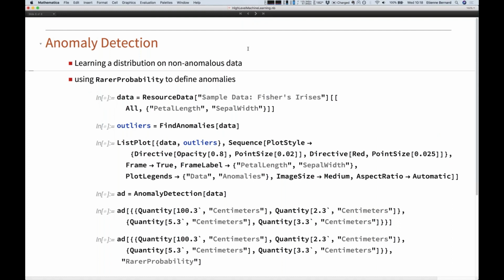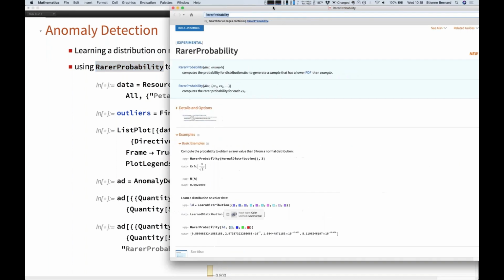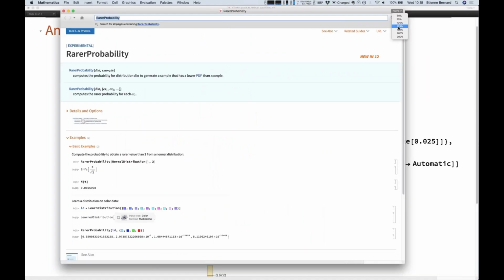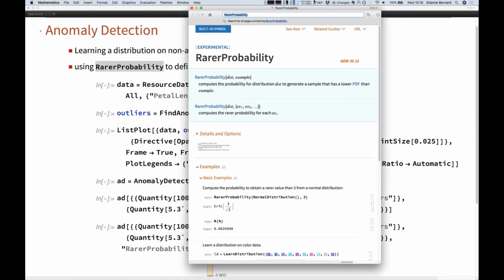Okay, let's continue to the other application, which is anomaly detection. So here I kind of explained that on colors already. The idea is to learn a distribution, possibly on non-anomalous data. Sometimes it's a bit hard to have non-anomalous data, but then use the PDF to figure out if a new data point is anomalous or not. But rather than PDF, we introduced a new concept called error probability, which I think is a very nice concept that I didn't find much in the academic literature, but it's related to other concepts.